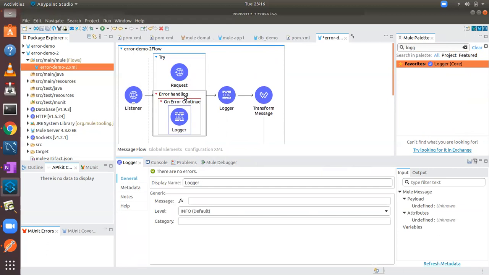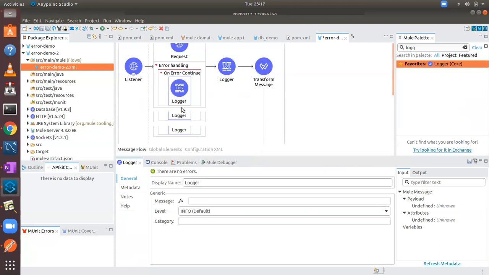The scope is limited to processor. If error occurs in this logger or in this transfer message, this error handler scope is not able to manage that error. But it's only handling the error that is occurring inside the try block. If error occurs inside try block, that is going to be handled over here. Got it. So this is processor scope error handling.